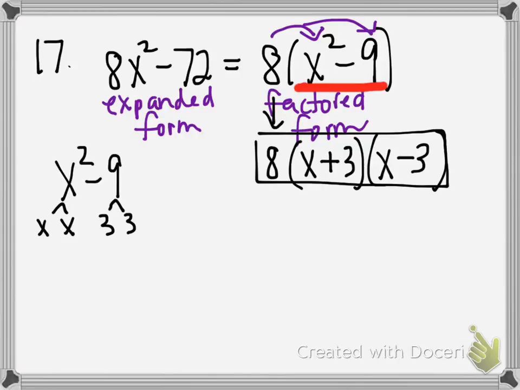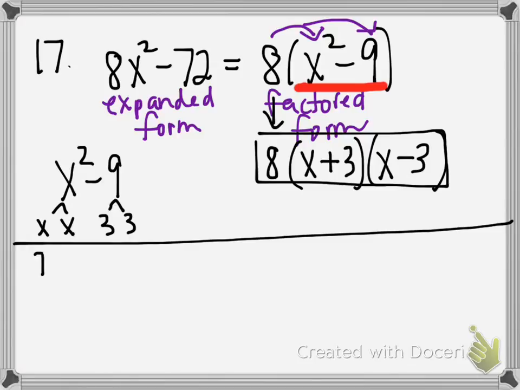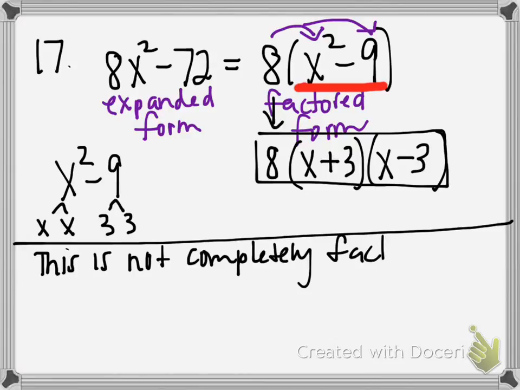So, complete sentences. Let's write out what we came up with. So this is not completely factored. And why was it not completely factored? Because there was another method to factor what was left in the parentheses. So this is not completely factored because I can still